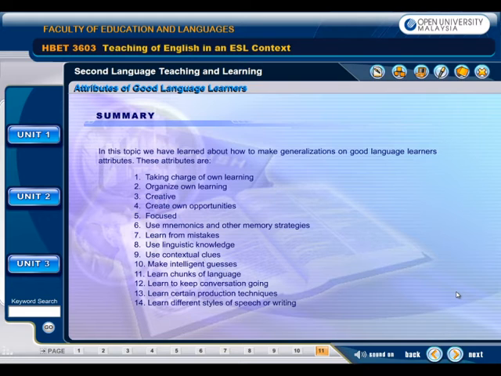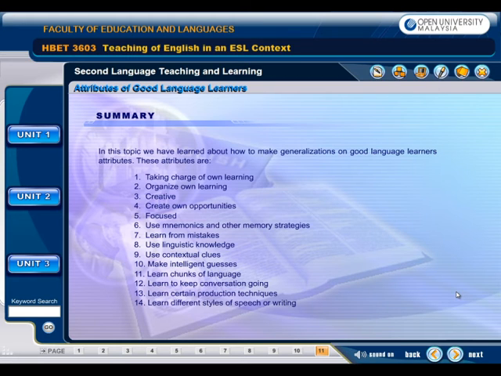In this topic, we have learned about how to make generalizations on good language learners' attributes. These attributes are taking charge of own learning, organize own learning, creative, create own opportunities, focused, use mnemonics and other memory strategies, learn from mistakes, use linguistic knowledge,